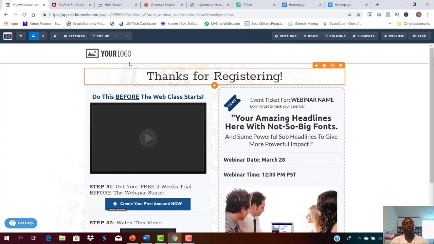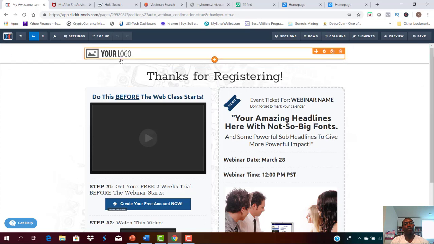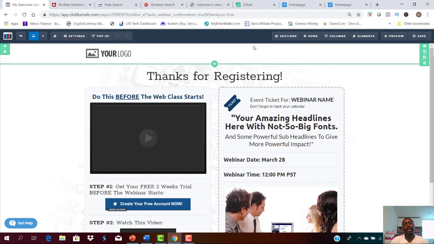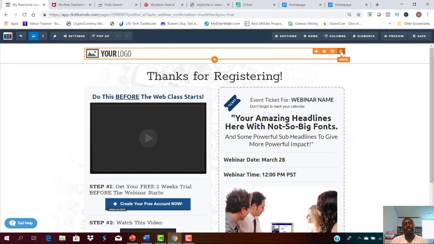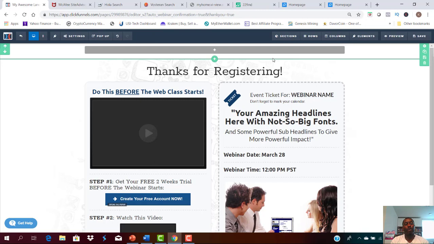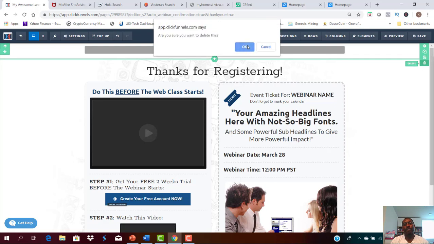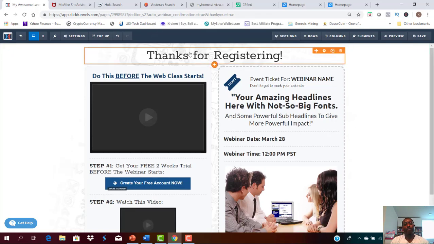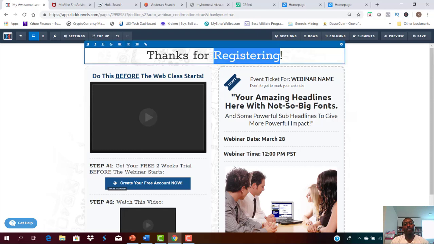So for instance, we don't need this logo, so we place our cursor on it, and then we delete it. And actually want to delete the entire section. So we look for the section bar, and we then delete the entire section. And then we want to modify the text here, so we place our cursor on it, and we double click on it, and then we can modify the text to say